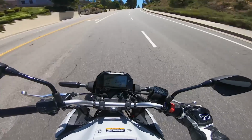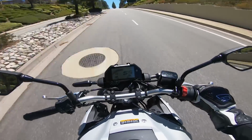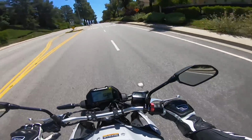It kind of gives it an aggressive stance, which, as I first started riding this bike, I thought that maybe Yamaha should have pushed the foot pegs a little bit more and given it a little bit more relaxed feel. But what I started noticing or thinking about